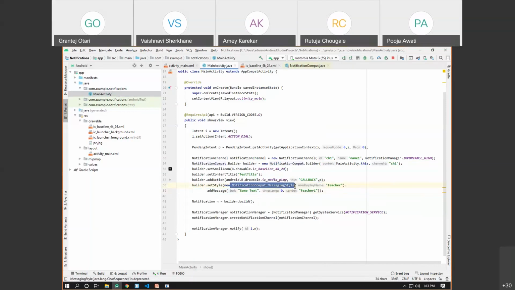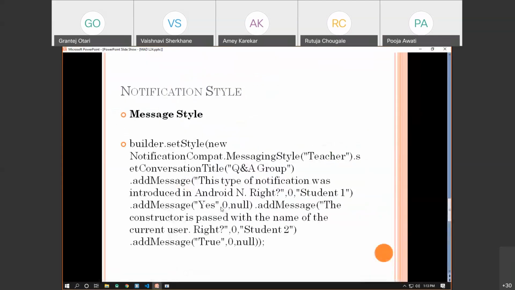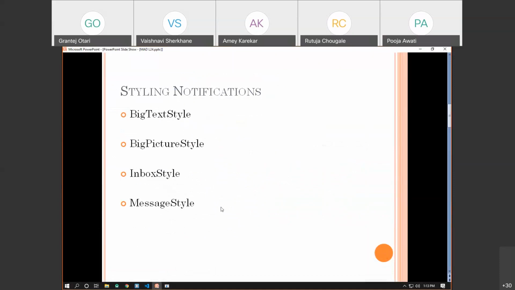What this dashed line denotes is that these things are now deprecated, or no longer used, because this has been added as a default style for the notification. So what actual styles exist in the notification is either the big text style, or the big picture style, or the inbox style. Okay, so these are the styles that are available with notifications.